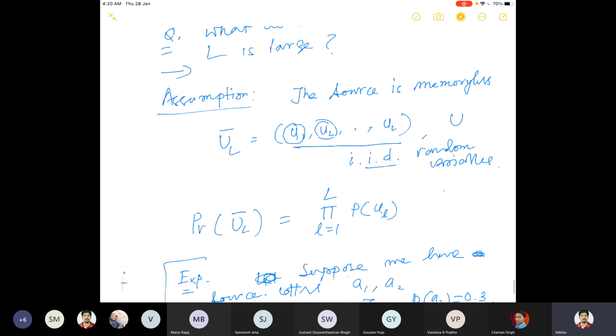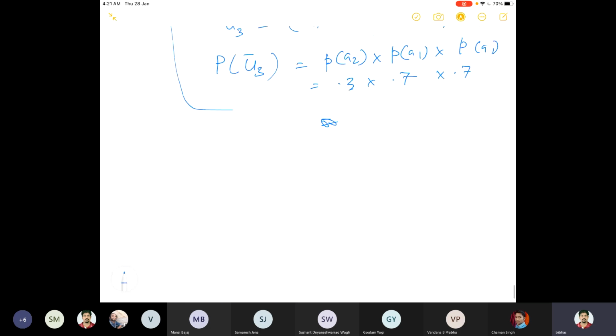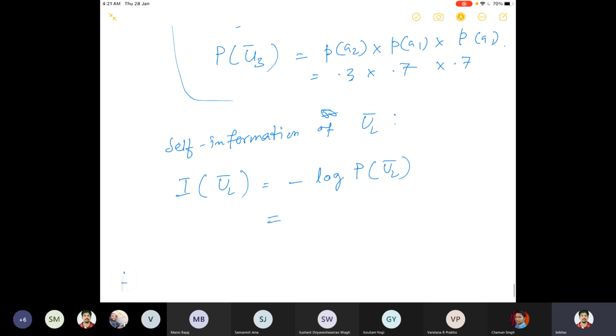So U_L bar is a sample point here, some sequence of the A_i's. So here we have a joint random variable. So what is the self-information? We already talked about it, so let us not go back into that again. The self-information of U_L bar is denoted by I(U_L bar), which is just the log of minus probability of U_L bar. Now here you will see the